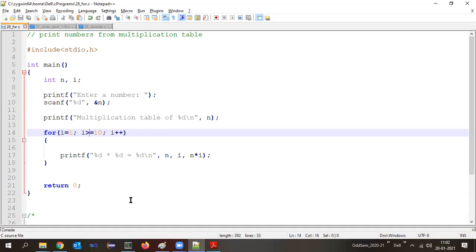Interesting, right? How many times? It will never enter into the loop. Why will it never enter into the loop? Because the first time the condition itself becomes false, so it will not enter into the loop.